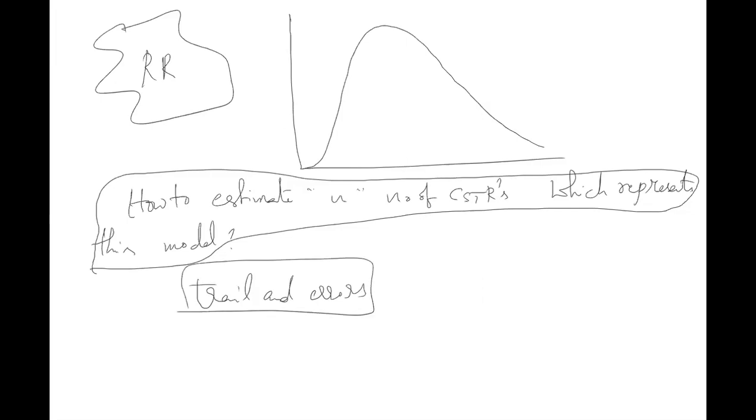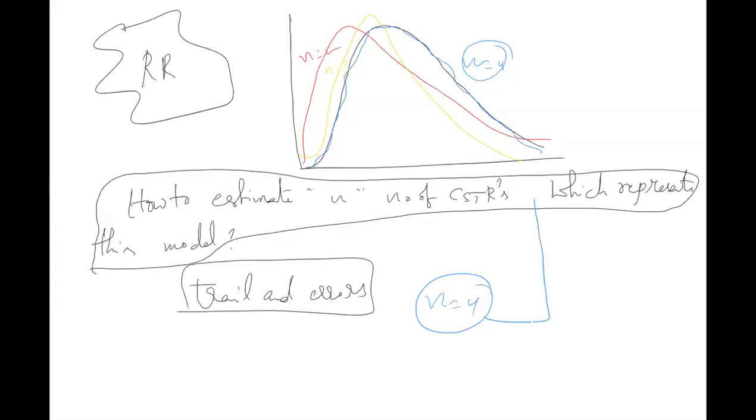I'm not going to write this equation in this class because that is not required from the GATE point of view. So you have an E curve for n CSTRs in series. If you change n, you will get multiple curves. So it is a trial and error method. Let's say I put n equal to 2, which doesn't represent. Let's say n equal to 3, which doesn't represent. Let's take n equal to 4. If I put n equal to 4, it represents the model, which is actually representing the model.